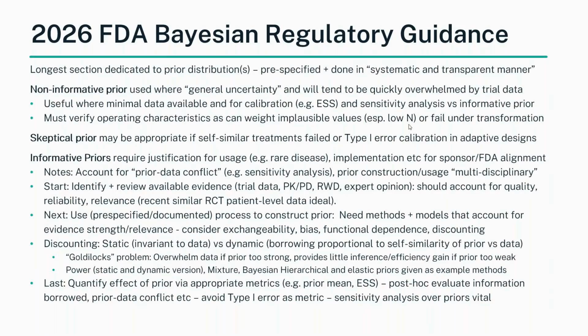They make some notes just at the start saying account for the prior. You should be thinking about the idea of a prior-data conflict, say exploring via sensitivity analysis, and obviously thinking about the fact that prior construction and the usage of the prior should be a multidisciplinary project. This isn't just something for biostatisticians, it's something which should hopefully create a really useful arena for all of the different stakeholders, the physicians and the patients and the other scientific experts and the biostatisticians and the regulators, and the sponsor, to come together and to think about, well, what do we actually think is going to happen, or what do we think is realistically going to happen, and using the information to discuss the actual